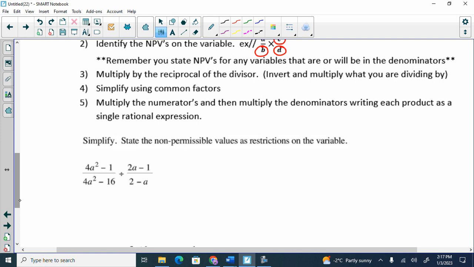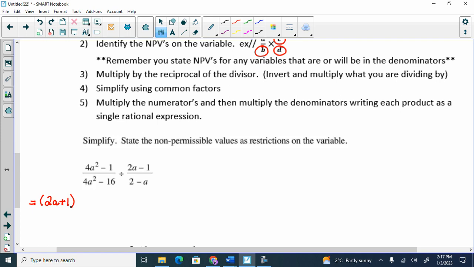So what I'm going to have to do is still GCF and difference of squares all the numerators and all the denominators. That doesn't change. So in the numerator on the left, I'm left with 4a squared minus 1, so I'm left with 2a plus 1